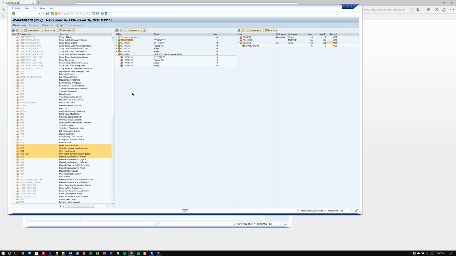Okay, so just notice now that we have single roles off of the composite and we have the composite role in entirety. So we've got the composite and all the singles, and then here if we just want to mess with the singles and evaluate those, we can. Again, same functionality. If we drag and drop onto a user,